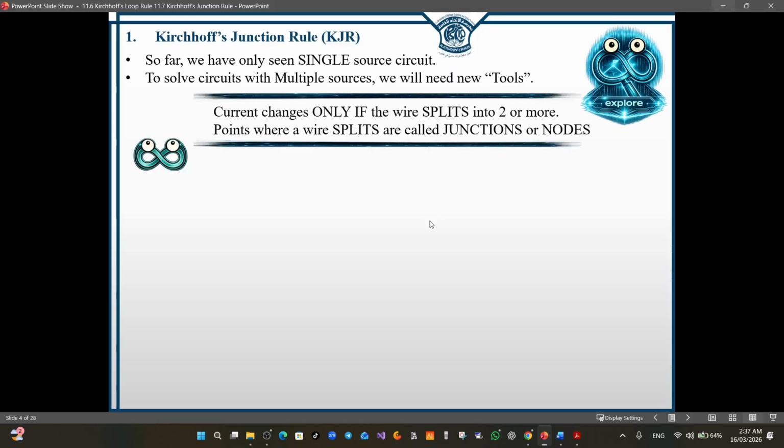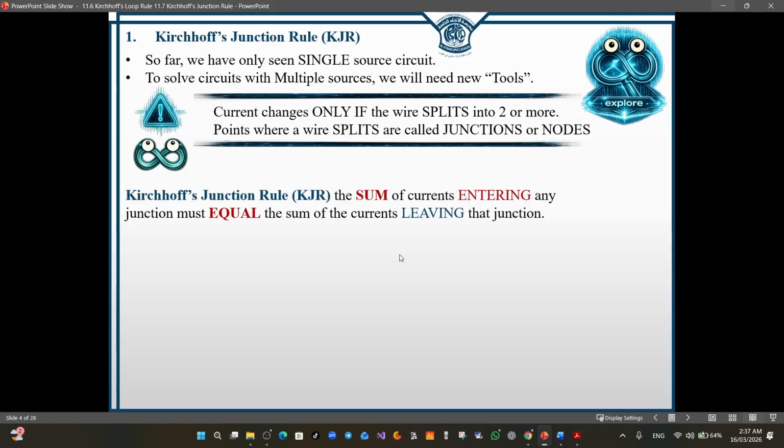Now remember that current changes only if the wire splits into two or more. Points where a wire splits are called junctions or nodes. Kirchhoff's junction rule, the KJR: the sum of currents entering any junction must equal the sum of currents leaving that junction. Mathematically, this can be represented by the sum of I in is equal to the sum of I out at a